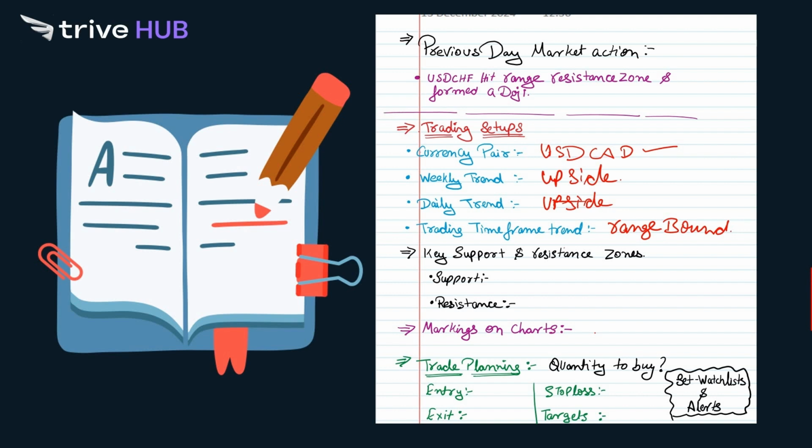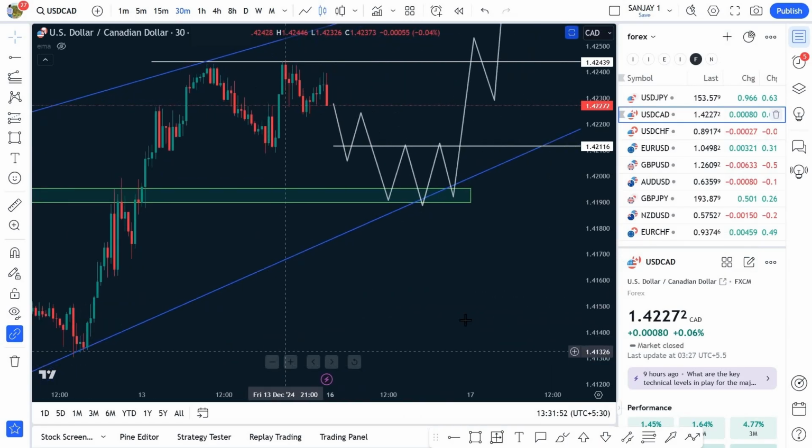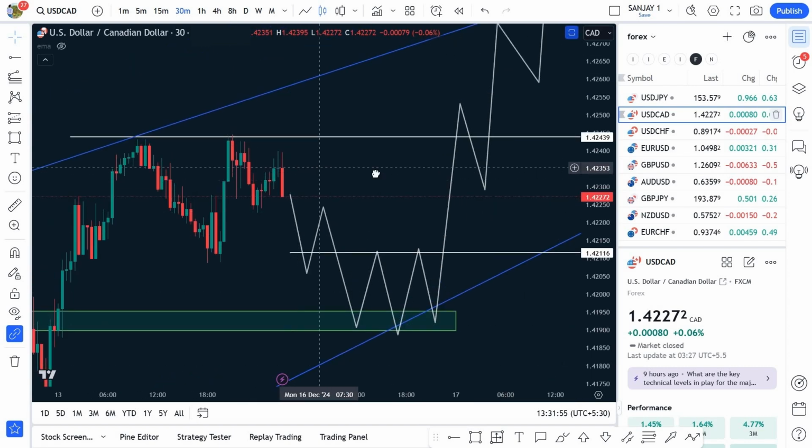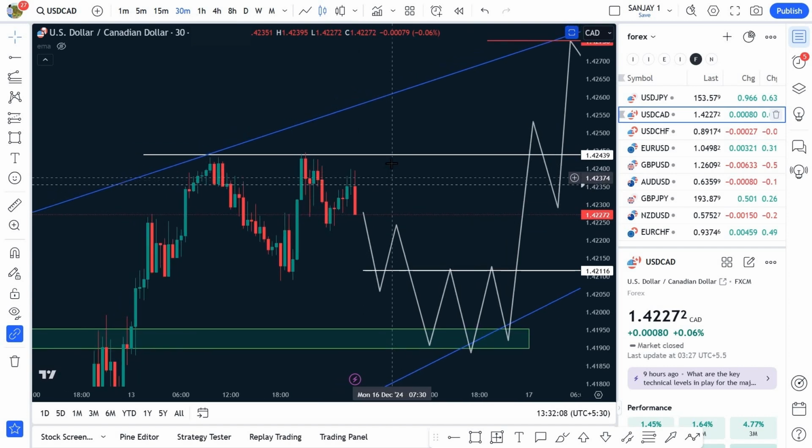And after doing all of these things, just create a new watch list and add that particular USD CAD into that watch list and set alerts. So how I will be setting my alerts is, if I am seeing that this is my breakout level, then I am going to simply set an alert at this level, so that whenever the price moves from here, I get a prior alert and I will get time to set my entry order here.